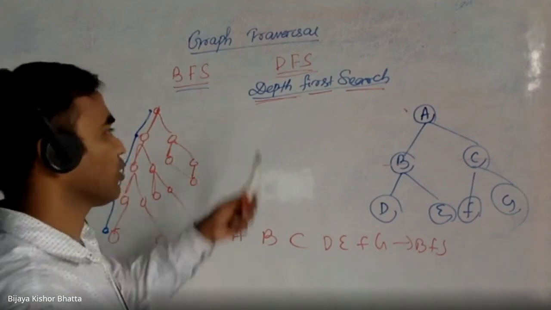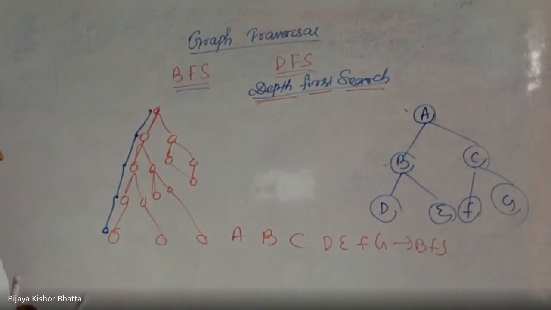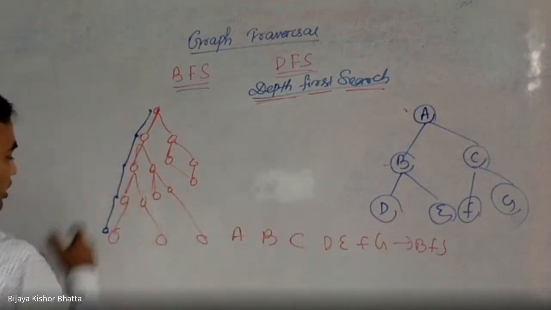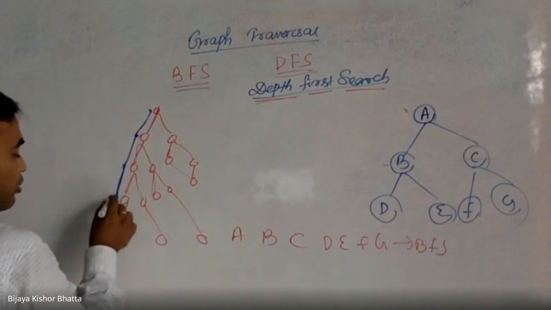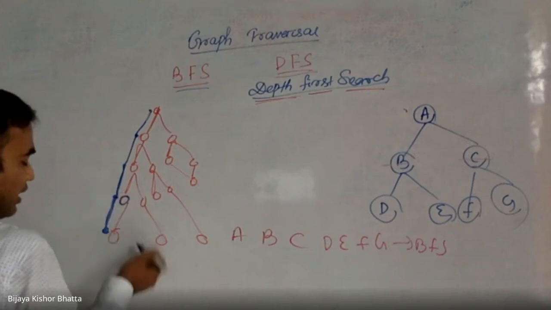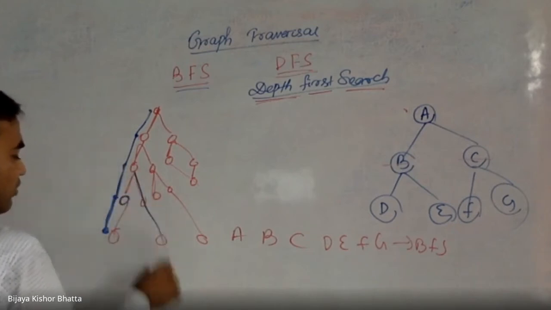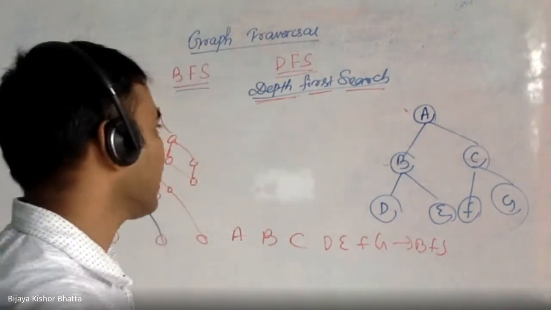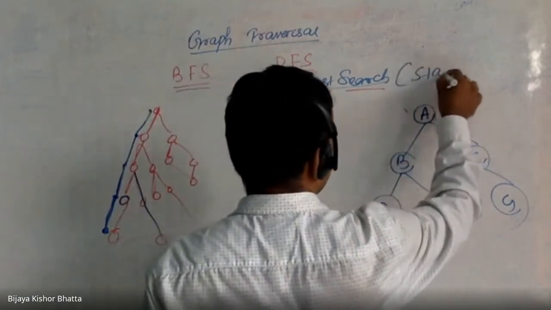So now you can guess which data structure you will be using? You will be using definitely stack, because once you are done with a particular depth, you need to come back to here. Is there any right child? No, there is no right child. You need to come back again, and you will go in depth. So that's how it works, and that's why the data structure used is stack.